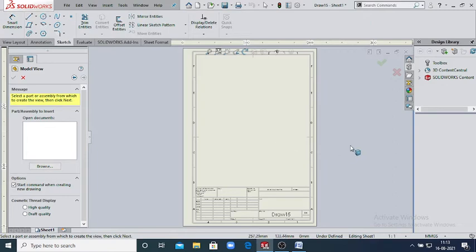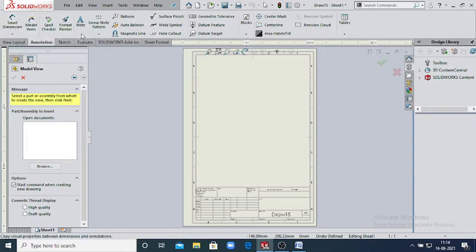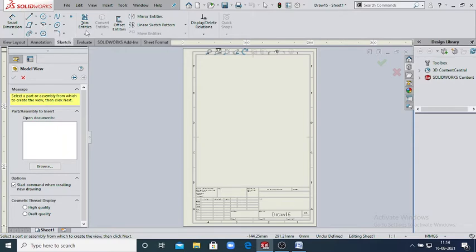In this main screen of the SolidWorks software, this area is known as the main menu, and this area is known as the command manager. In the command manager, some commands are activated by default, and this area is known as the command manager tab. If you click on the annotation tab, some annotation commands will be activated, and the same as well in your sketch tab, some sketch commands will be activated here.